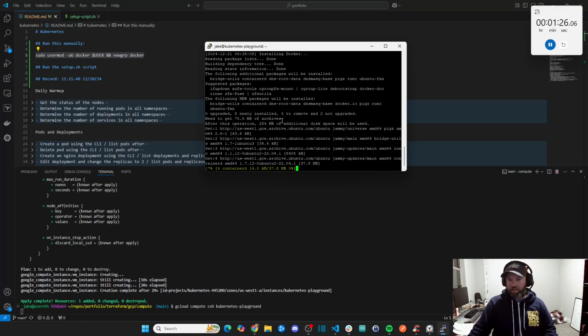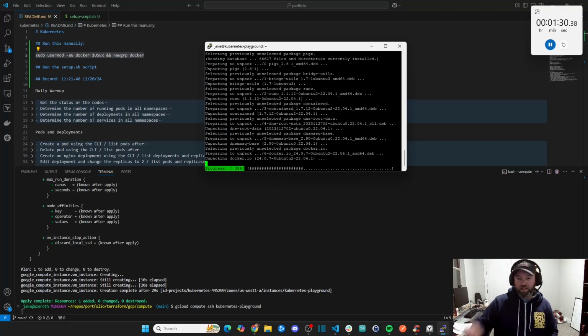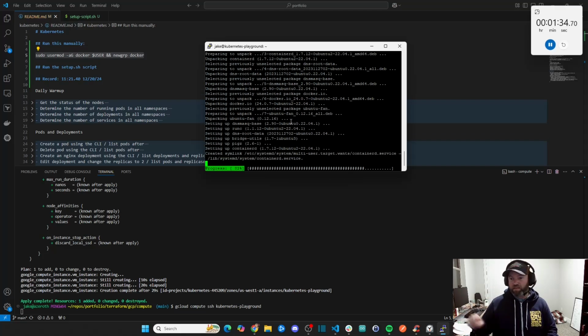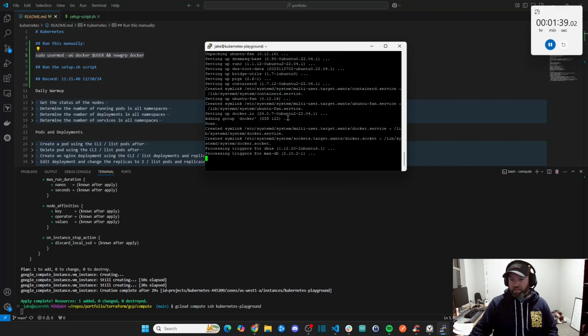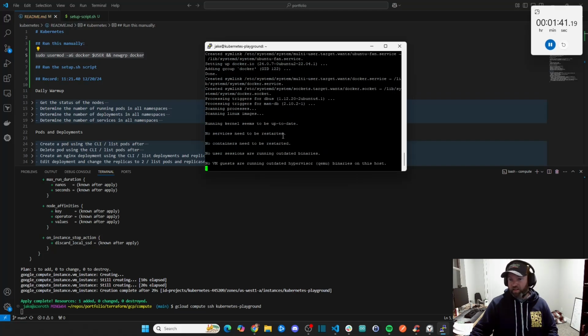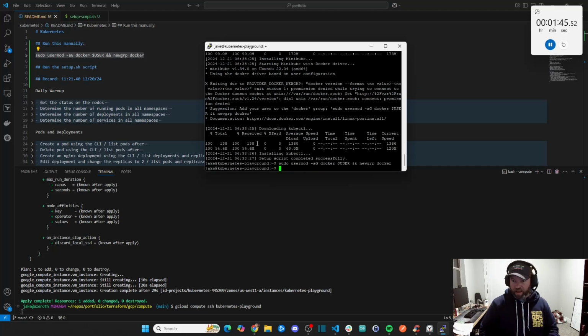It's updating all the packages, installing Docker. And once it's done installing Docker, it's going to try to add me to the user group and do newgrp. And when it does that, it's going to create a new session. It's going to break my script, and then it's going to stop. So what we're going to do right here is just run this command now